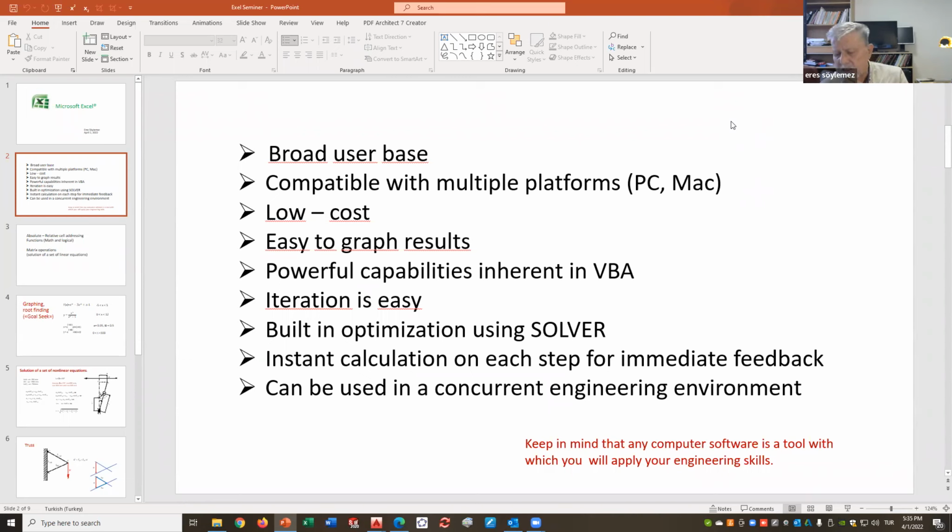This portion I will explain in the second part next week, how to perform optimization using Excel, and how to write and use macros in Excel. That will be the second part. You can use instant calculations on each step for immediate feedback. So it is really